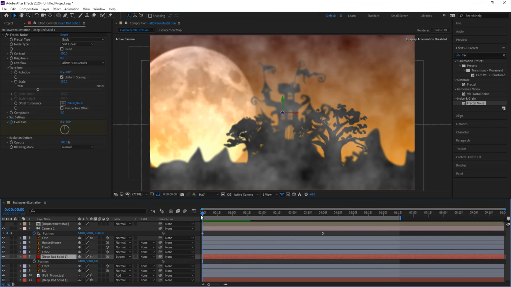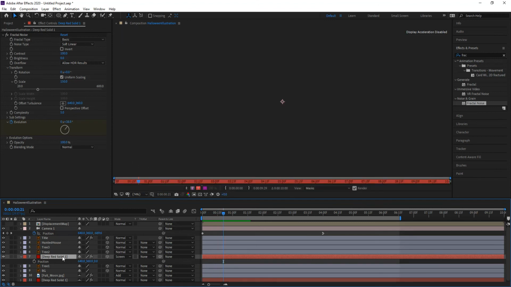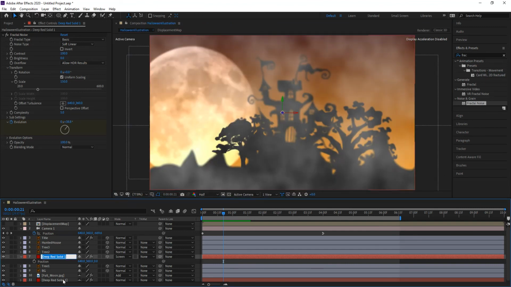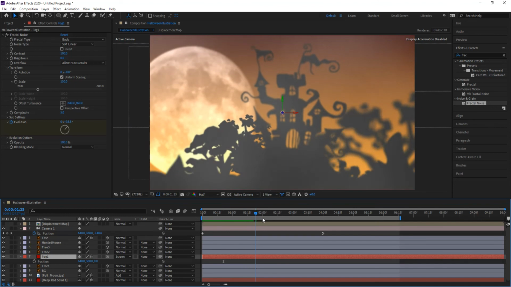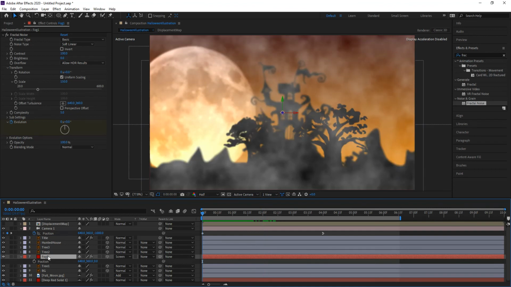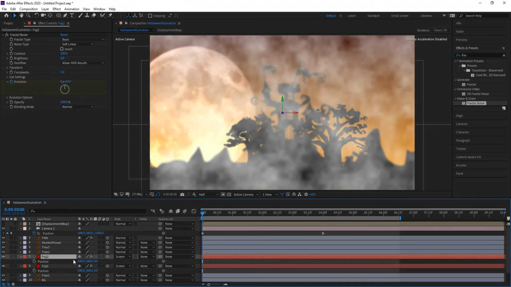Now, what I want to do at this point is take that smoke layer, the fog layer, let's actually rename it fog. Okay, now that fog one is at a z value of 0. So my camera is going to pass it at a little past 2 seconds. So at that point I want to make a copy of the fog. In that second fog, I know my camera stops at 500, so let me place it at around